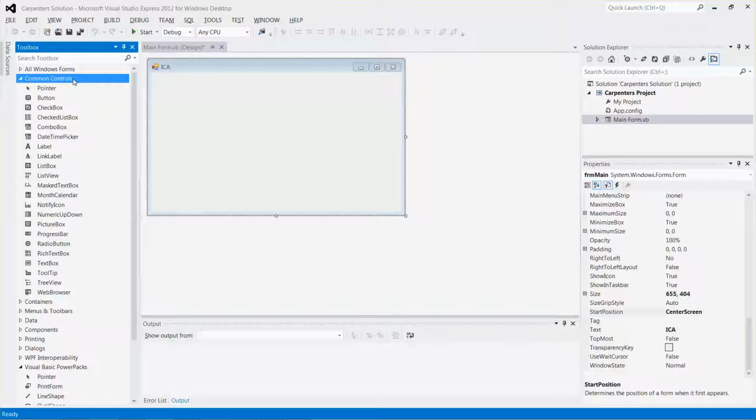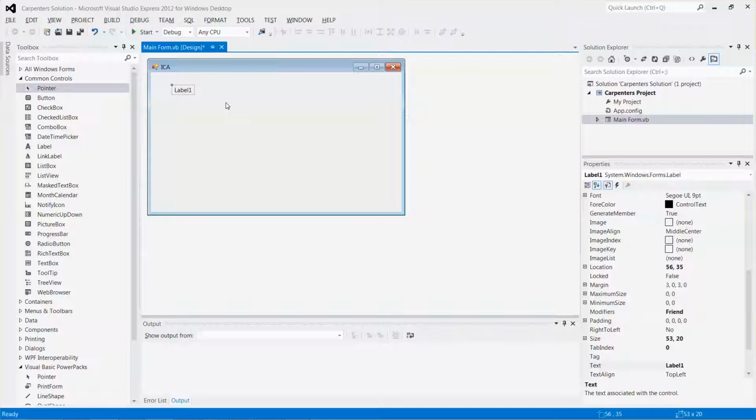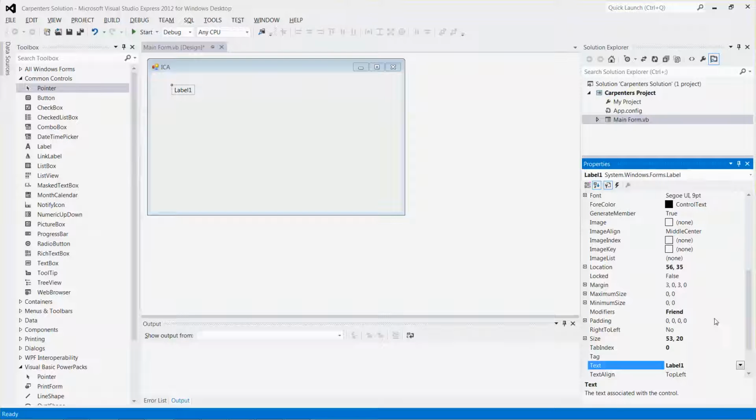So I'm going to drag a label. There you go, this is a label. Drag a label and then just drop it. And then it says that the label should contain the text International Carpenters Association. So again, make sure the label is selected, and then go to the Properties window and then go to the Text field. Change the default value from Label1 to